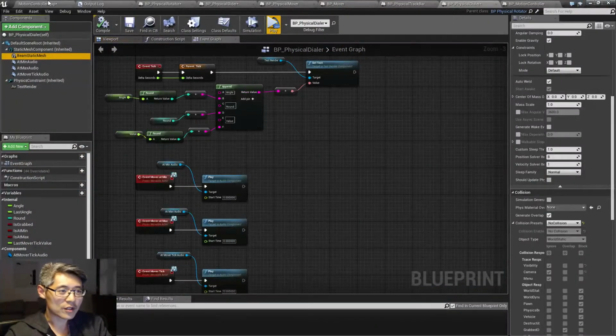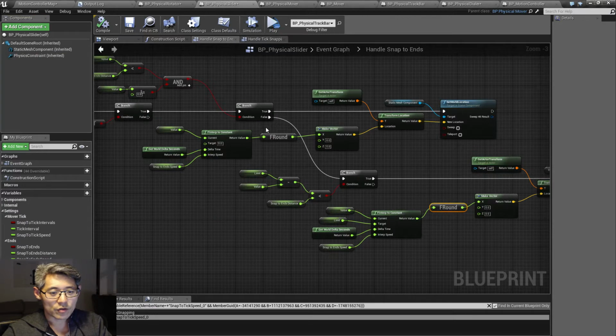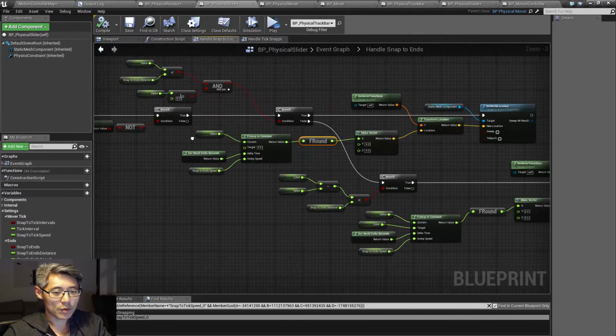Also, one other thing I changed in the meantime was to introduce this F round whenever I make these. It is totally not necessary, but I think it's still okay to have them. Okay, so